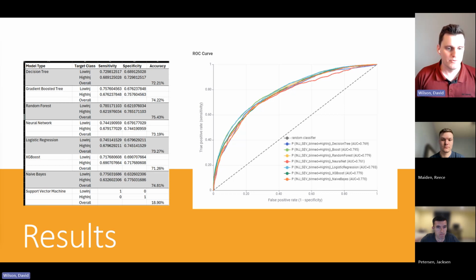Even though the random forest model produced the highest accuracy, the XGBoost model has the lowest spread between sensitivity and specificity. We felt that due to the nature of the data set, a small spread in sensitivity and specificity is as important as a few extra percentage points on predictive accuracy due to the low number of occurrences in the positive class. The ROC curve shows an area under curve in the high 70s for all but our support vector machine model.